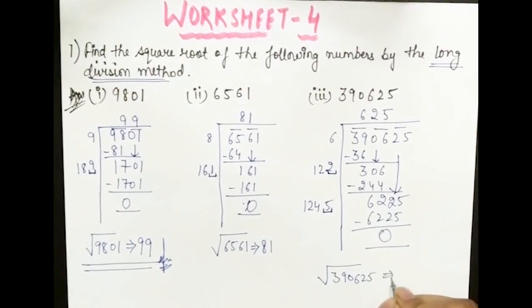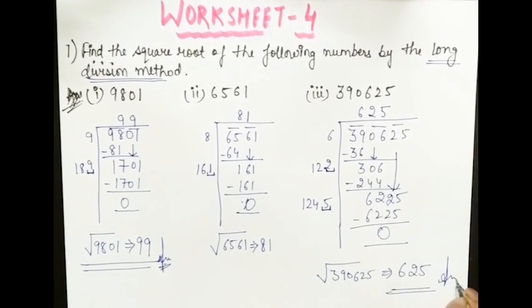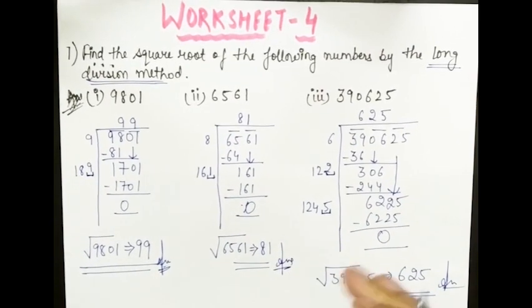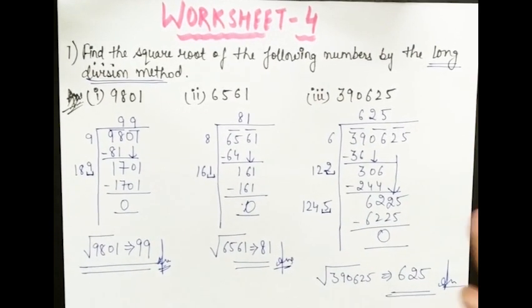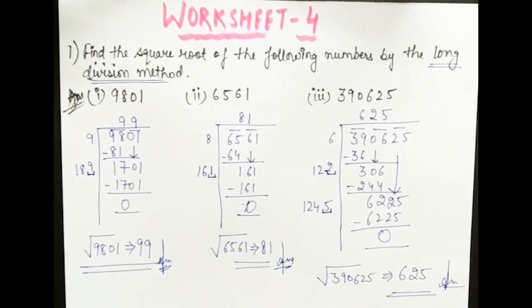So similarly you will be writing this also, that 390625 is the square root of 625. So this is clear to you all. So the first question is saying this much only. Now there are many big numbers also. So similarly I have taken one example there only. So I think you can do that on your own. So that will be your homework. Now we will be proceeding towards the second question.